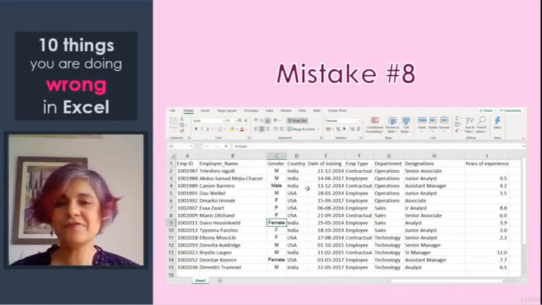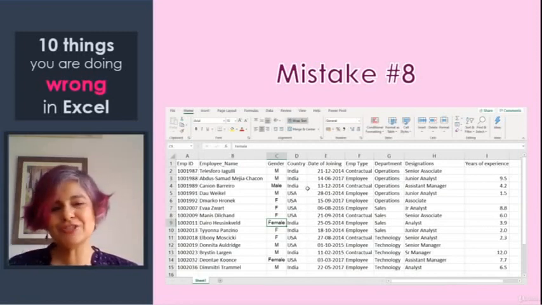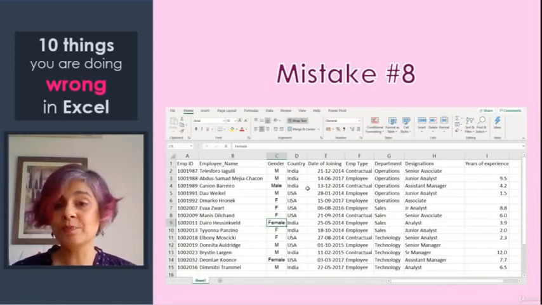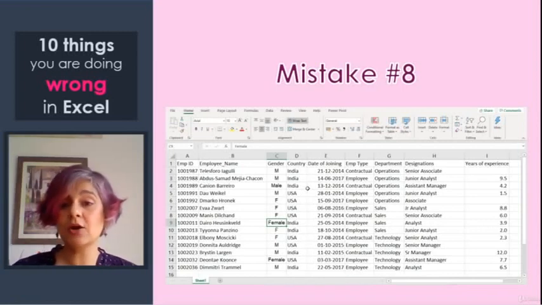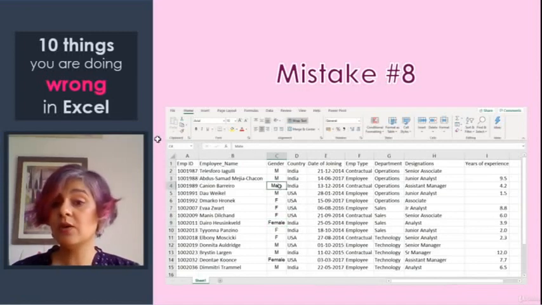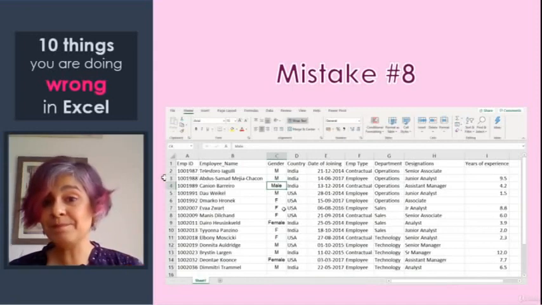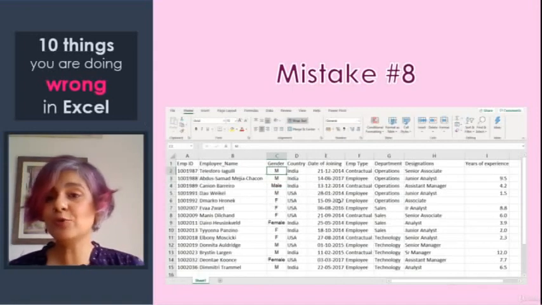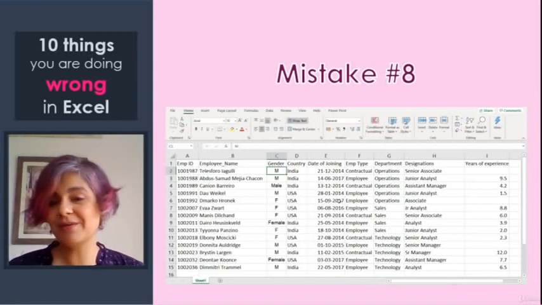So as a human being, I know that M is the same as male, and in my head, I can equate these two. But spreadsheet software will not be able to do that for you. So if you were to just maybe do a quick count of the number of males in this organization, you would only get 1, because there is only one person who's been classified as a male. And if you were to do a count of, let's say, all the people whose gender is M, then you would get a different number. And both these numbers would be inaccurate.